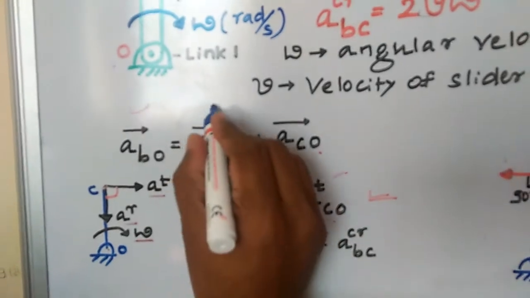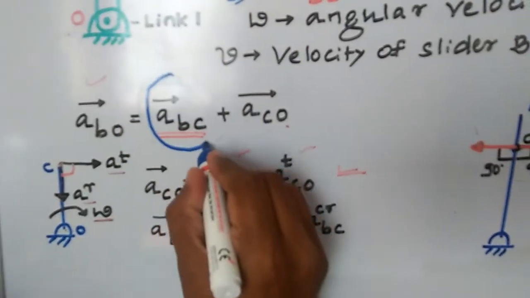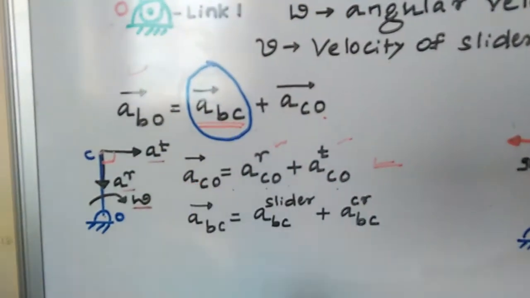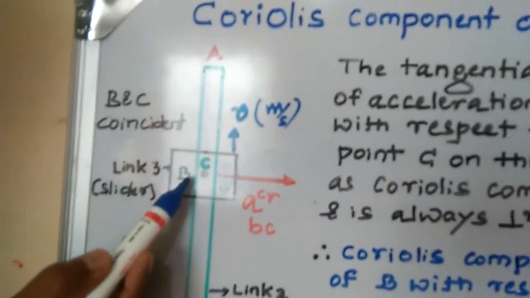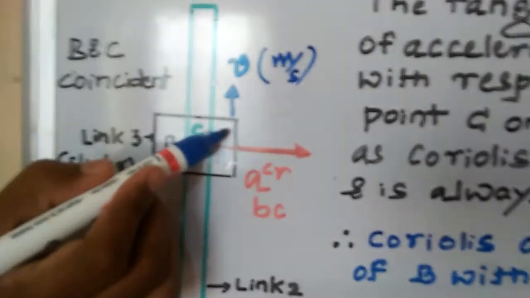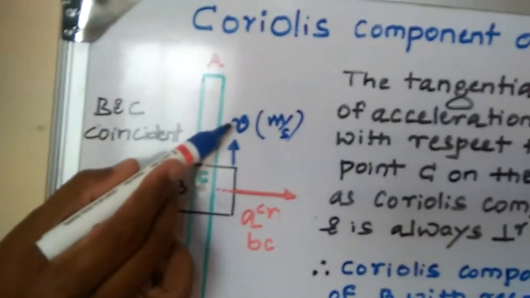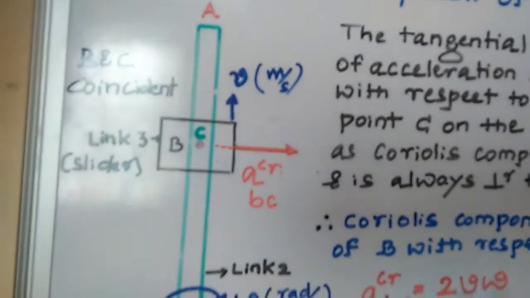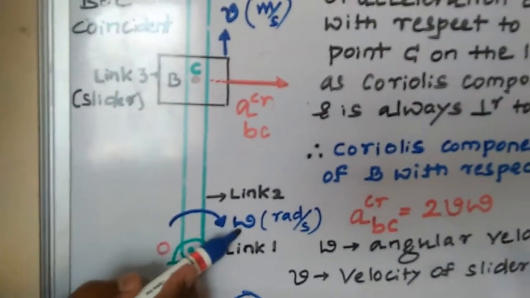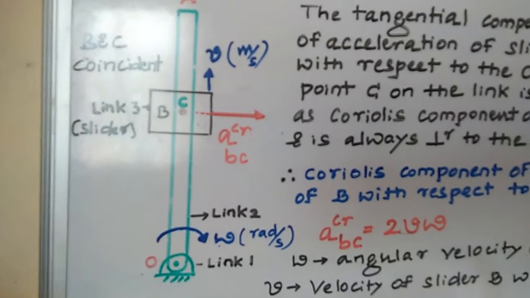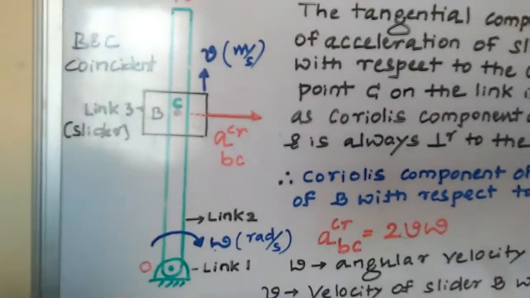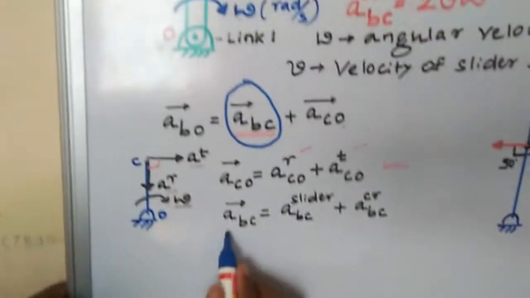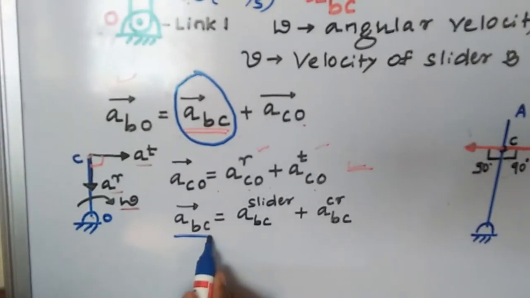This is the acceleration of B with respect to C, meaning between these two points, because B and C are the incident. B is, in that case, its velocity is V, it moves outward, and at the same time it is rotating with the angular velocity omega, that is, radian per second. Okay, in that case we have to go for the second one, that is, the acceleration of BC equal to